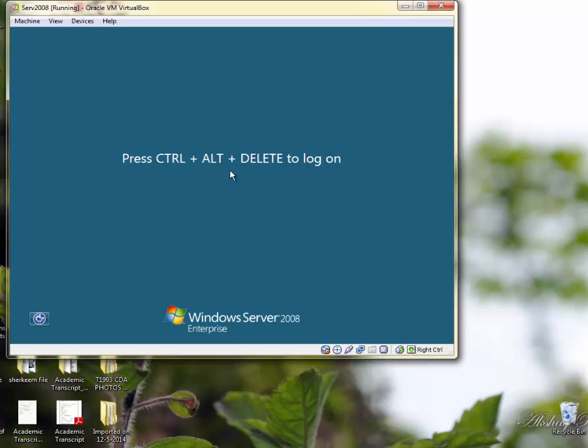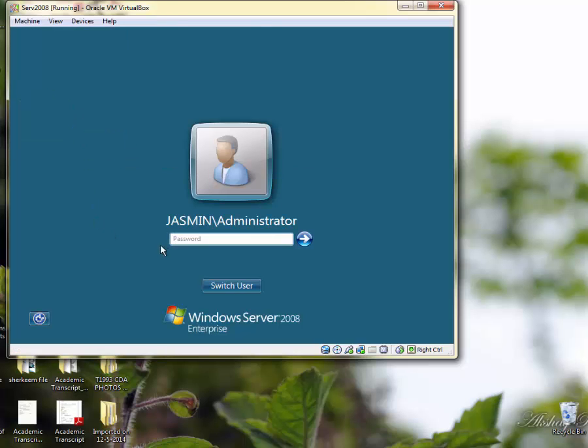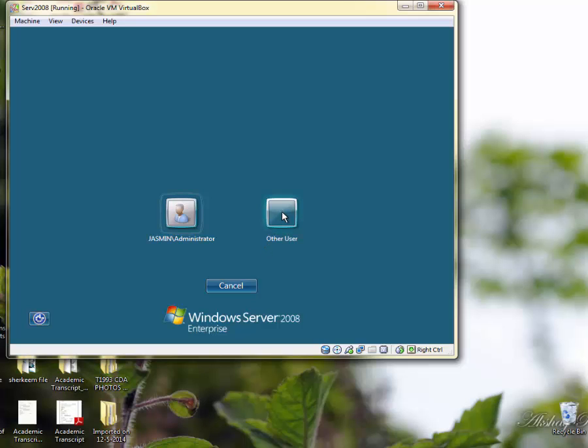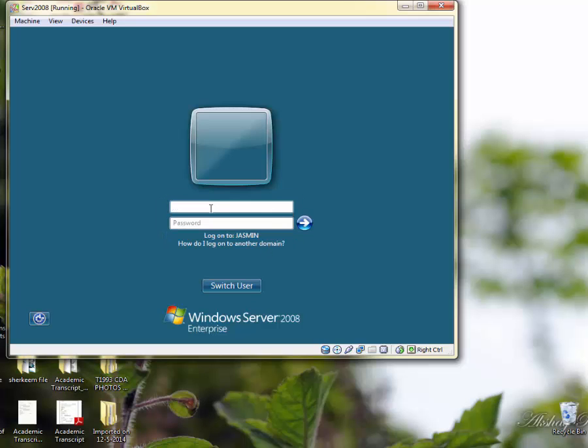Okay, great. Since all these settings have been applied, we can log on to our machine. I'm not gonna log into the administrator account. I'm gonna switch user and log into other user. I'm gonna log in as administrator